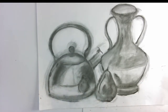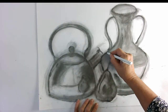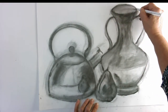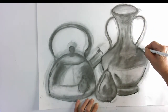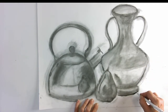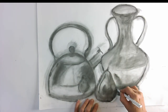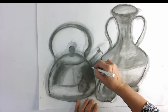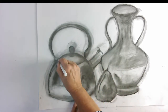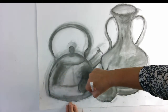Yeah, that's it. So I now need a biro, and I'm just going to draw around my picture with a biro, pressing quite hard, and I'm transferring the design. So this is the compositional design of my drawing onto my painting surface, and this means the time you spent drawing your subject is not wasted. So getting everything in the right place, it's much better to do that at a drawing phase rather than at the painting phase, because you can make all your mistakes now, you can adjust things, you can push them around,